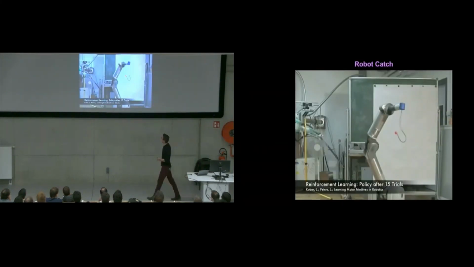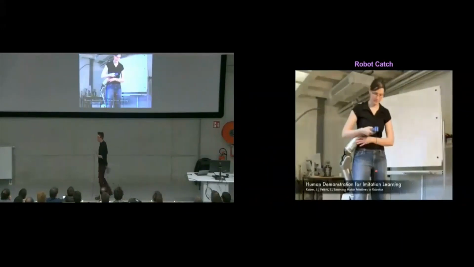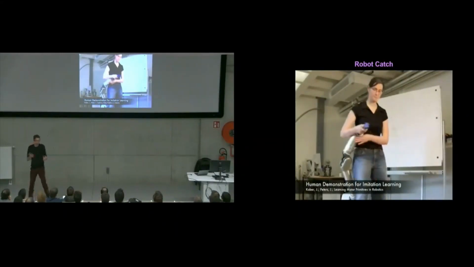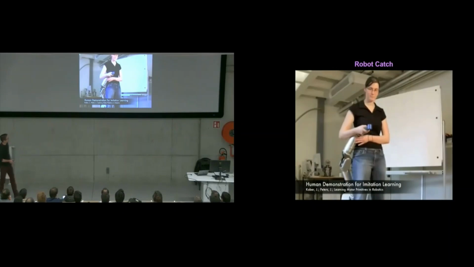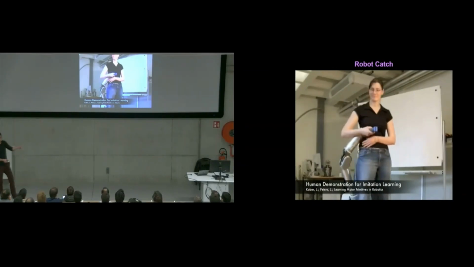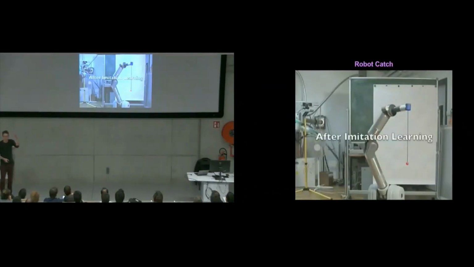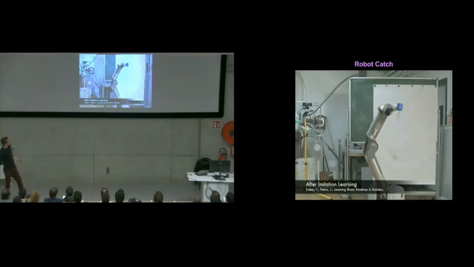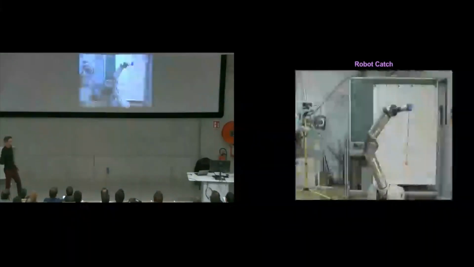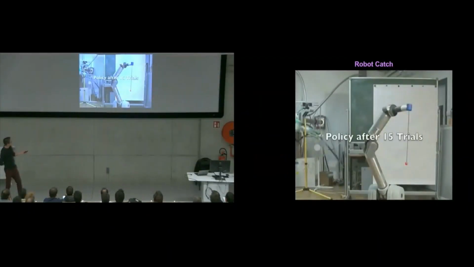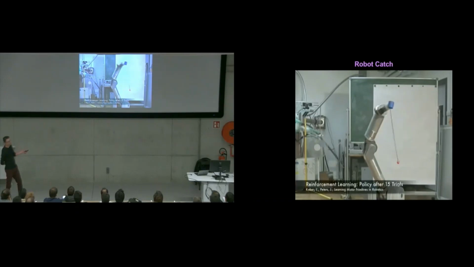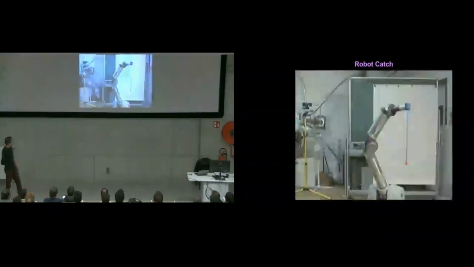Okay, but it's not all about playing games. You can also teach robot machines how to do human tasks. So this is the catch in a cup task, right? You swing a ball on a string and you try to catch it in a cup. So when we were kids, we played this game. And this robot, you can see it's trying. It has to have a white background and a high-resolution camera trained on it at all times to learn anything. After 15 trials, after 25 trials,